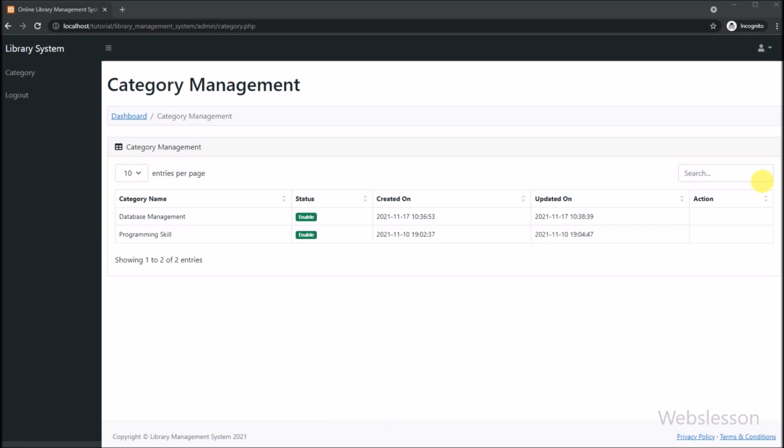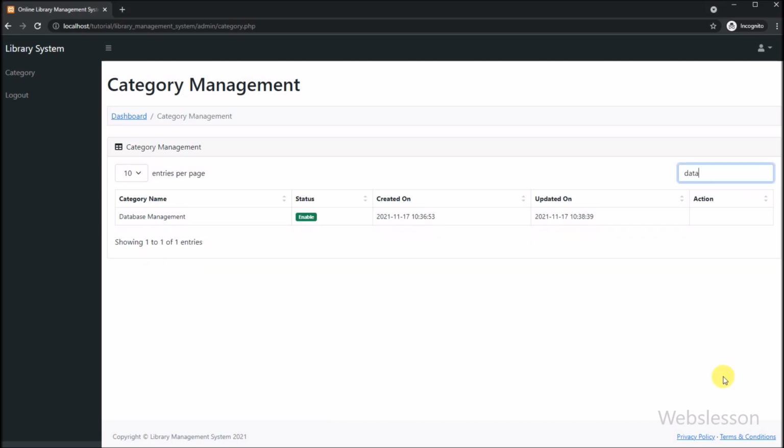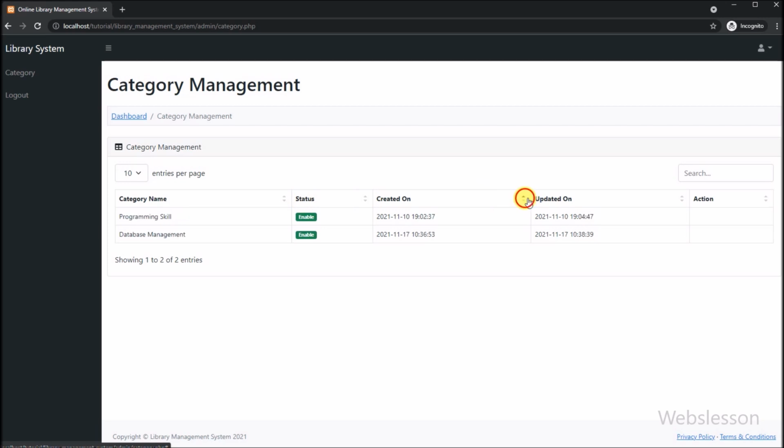And here we can perform the live data search feature, and after that we can easily sort table column data by a simple click. After this, the library will make pagination links if the data is more than 10, and here we can also set how many entries we want to show on the web page. So by using this JavaScript DataTables, we can perform all the operations which we have performed with jQuery DataTables.